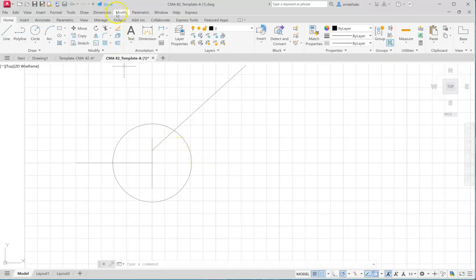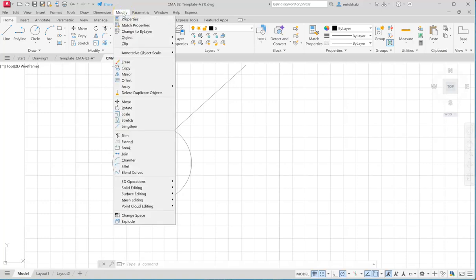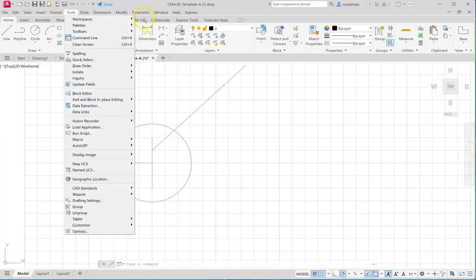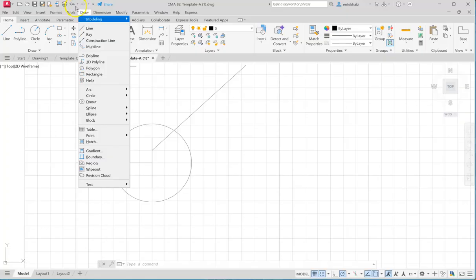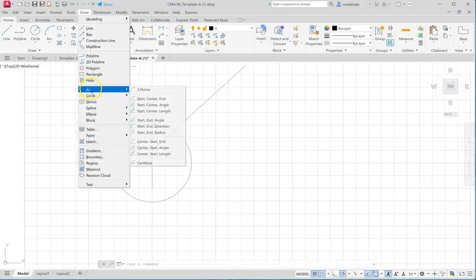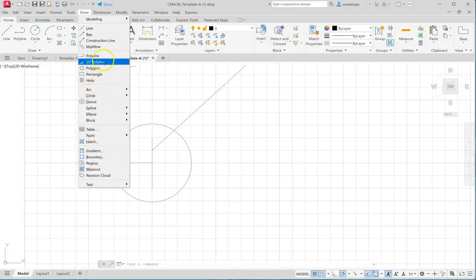So go to the modify. You can always type these commands, but this time I'm using the mirror from the pull down menu. Again, if you don't have this pull down menu, there's a little small arrow here you can click on, and show menu bar is useful, or you can always type. And there are other tools also you have here. You can select any way you want to select the mirror.